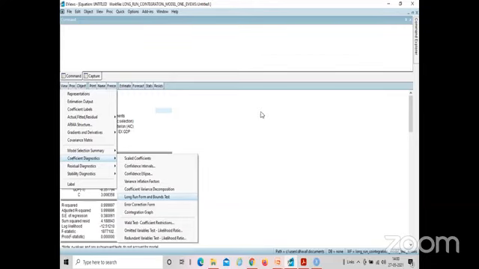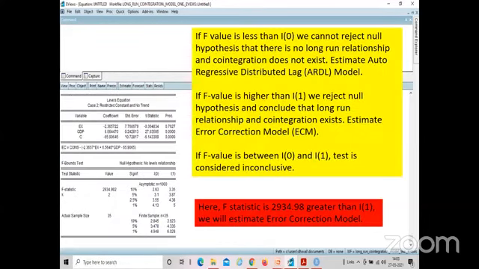All of you, please write it down. Done. Now you will get these values when you click OK. Right? You will get these values.